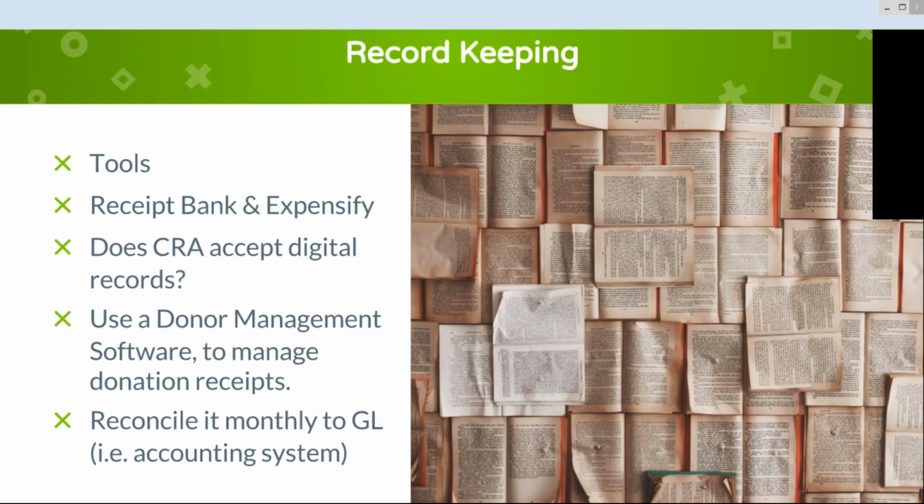The question that I get often is, does CRA accept digital records? Now, this is still up for debate, but from a lot of other bookkeepers that I've seen, the CRA is okay with photos of receipts. So they don't want you to digitally generate a receipt, but since they're not actually recreating the receipt,